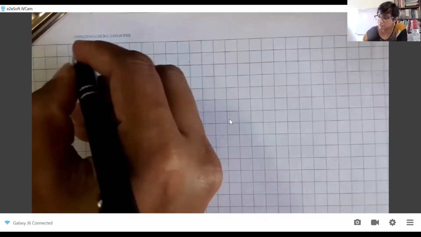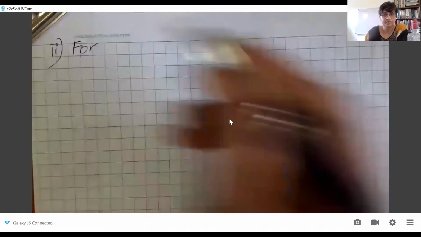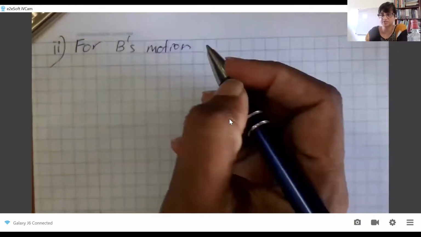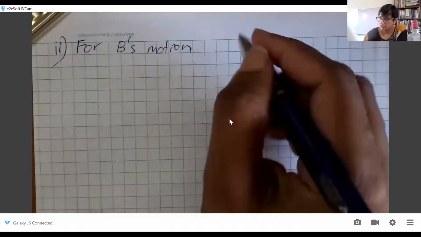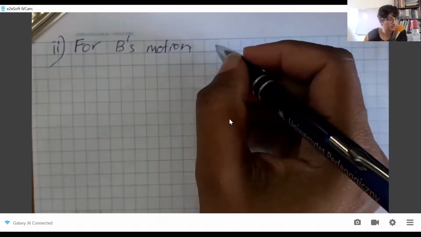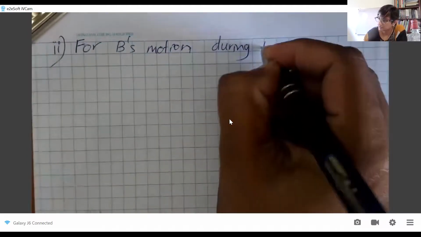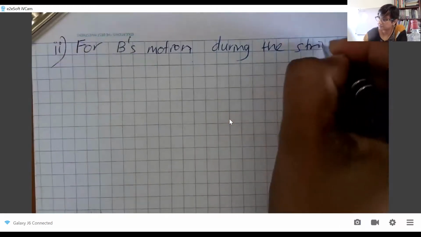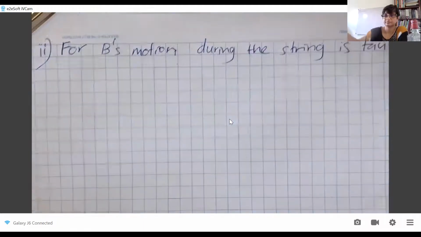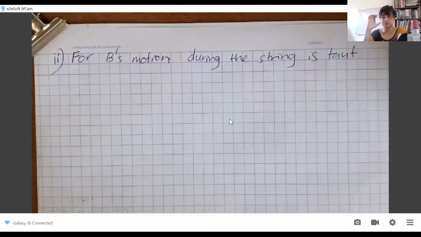Let me show you applying for B. This is part 2. For B's motion during the time the string is taut, if I consider that section of motion of B,